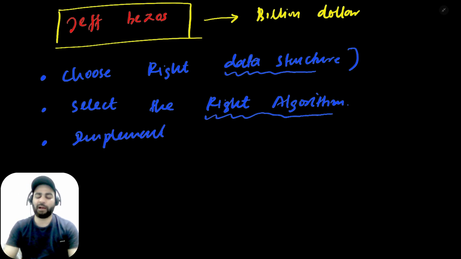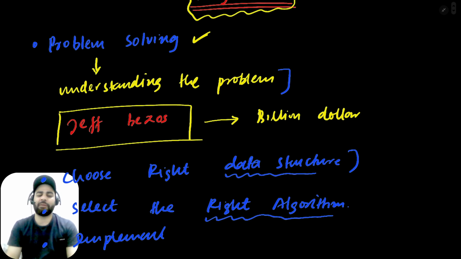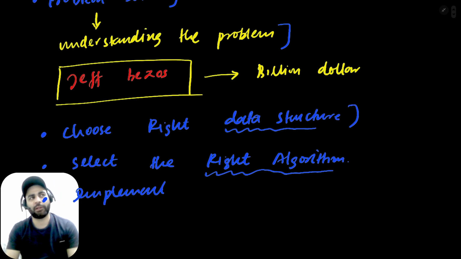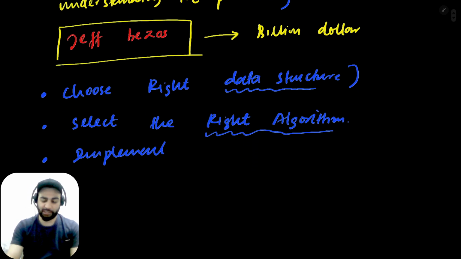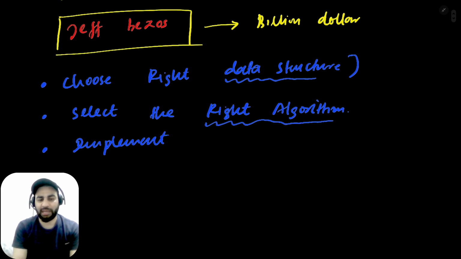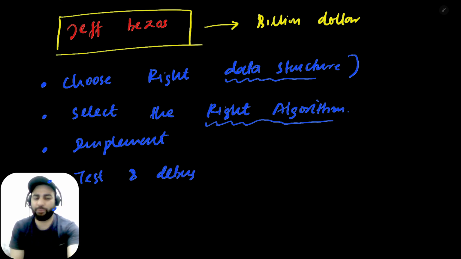So now you know the why part. If anybody asks you why you are doing DSA, it is because we have to solve real world problems. For that, once I have understood the problem, the second part comes in: now I have to implement the solution. I have to use the computer to do the thing. For that, I need to choose the right data structures. I need to choose the right algorithm to follow this, and then it's an iterative cycle. You will implement the algorithm, you will test and debug it, and then you will keep on improving it. Probably you will keep on optimizing the solution.